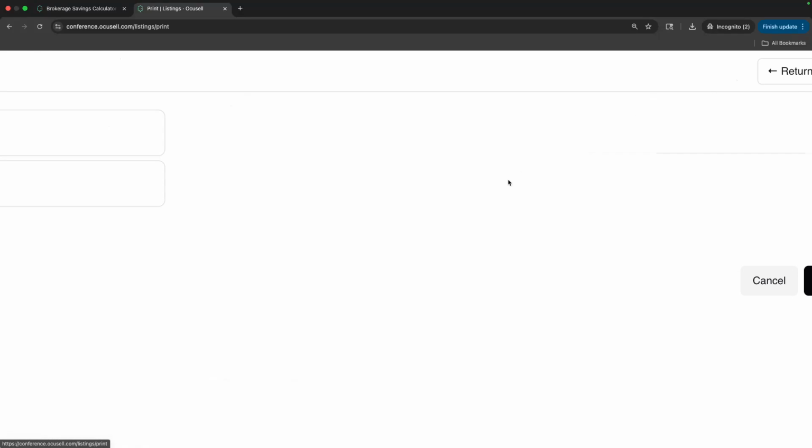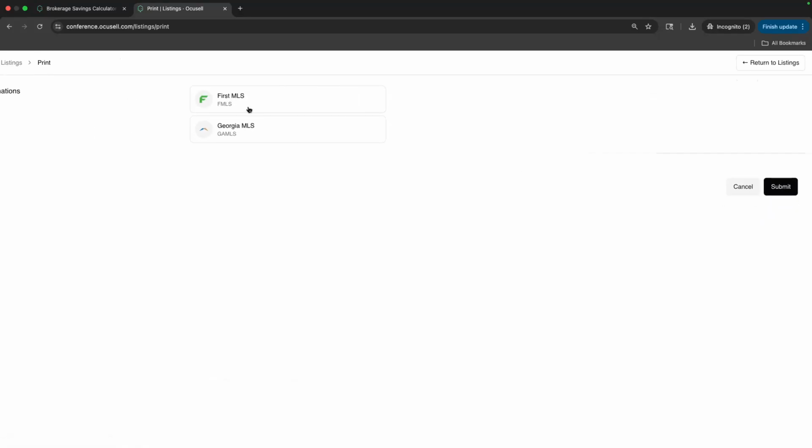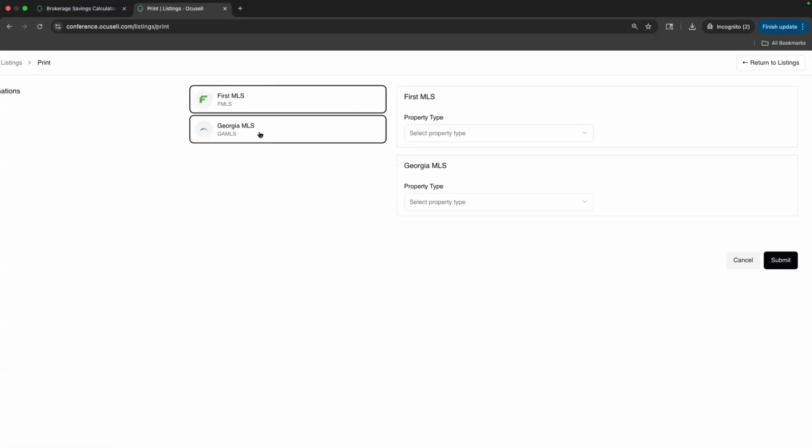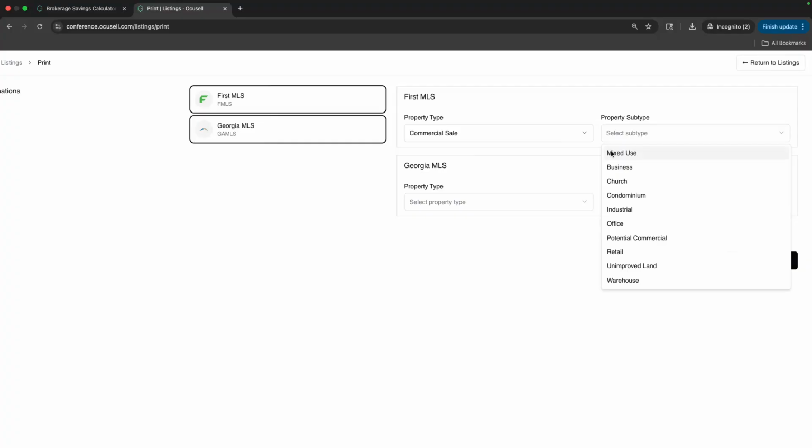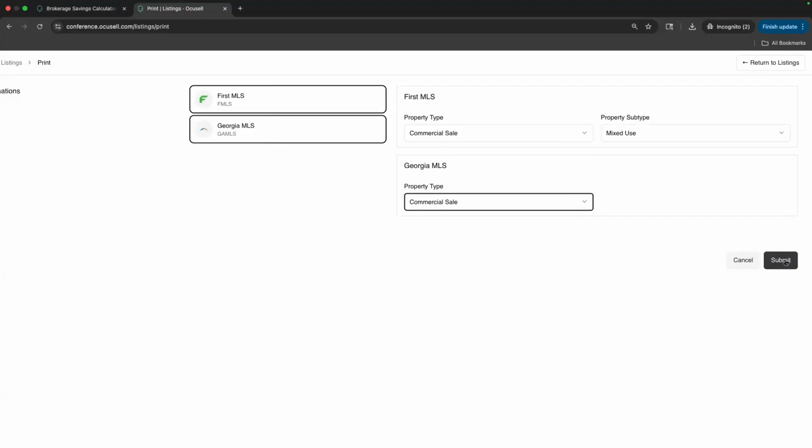If I choose this, again, this follows the same format of creating a listing, where I can choose both MLSs, choose what type of property we're doing. So let's say we're doing a commercial mixed use today. I can click submit,